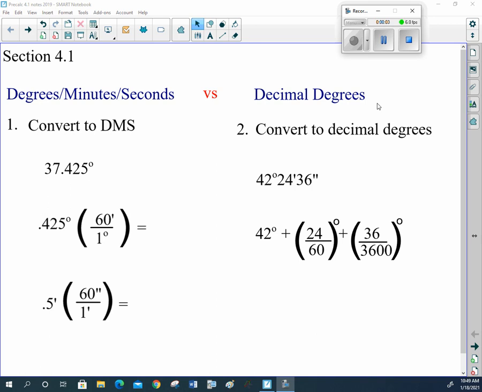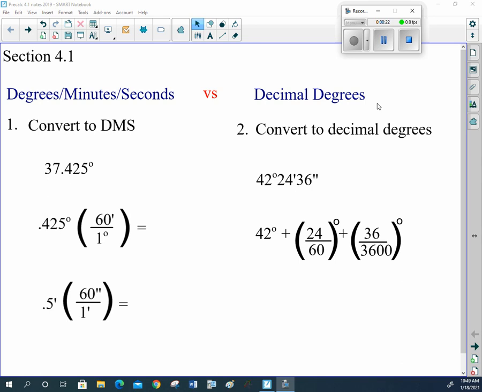Okay, Unit 4 is going to be our trigonometry unit, and so to start with, we are going to talk about this first slide here, which talks about degrees, minutes, seconds versus decimal degrees. So we've got to be able to convert back and forth. But just for a second, I want to talk about what degrees, minutes, and seconds are